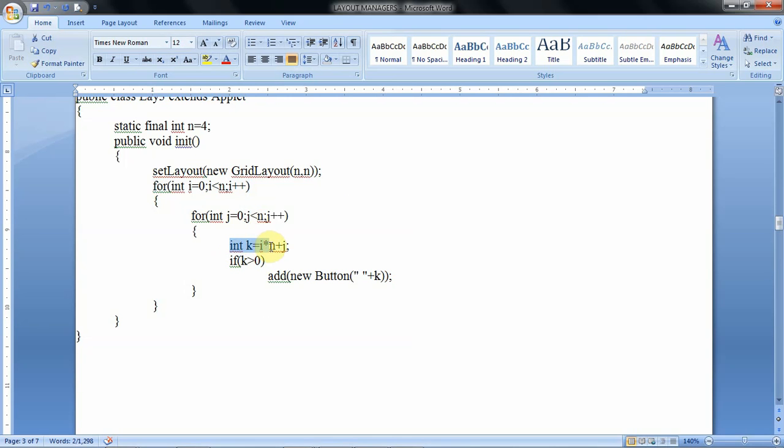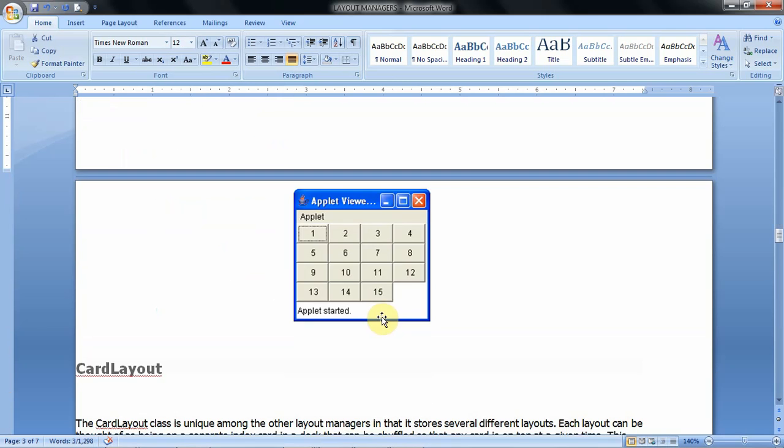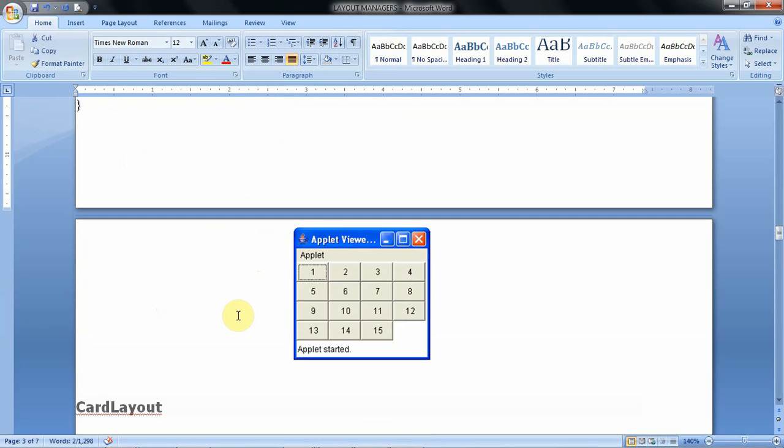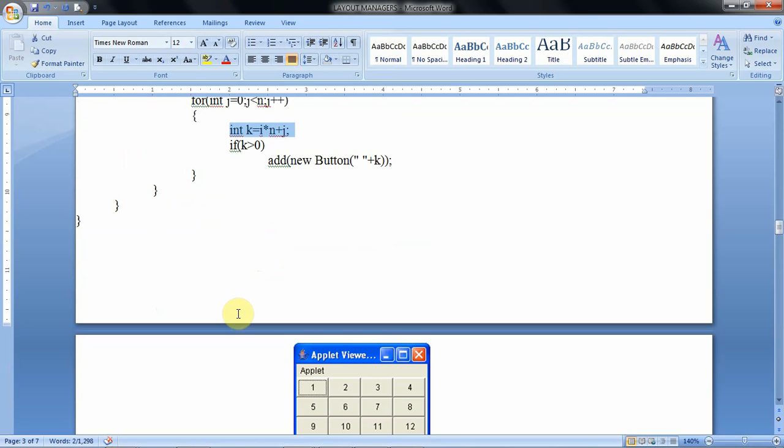Then int k equal to i into n plus j. If k greater than 0, add new button k. So that means total, if k greater than 0 means total that creates the values from 0 to 15. So here we write the condition k greater than 0.